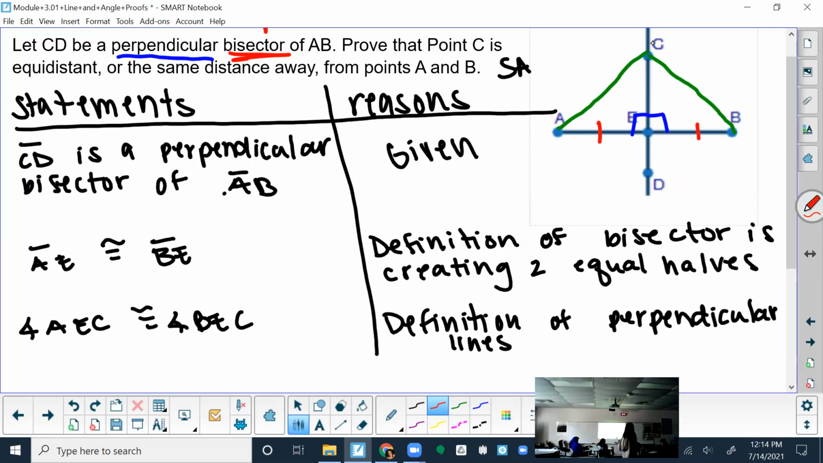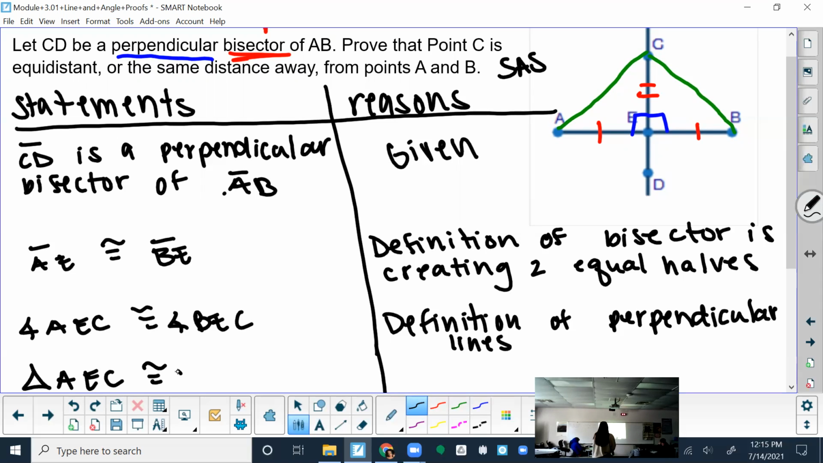What about this side? Does this side match this side? It should, because the same line is drawn through it. So we have one side that's congruent, we have an angle that's congruent, and we have a side on the other side of that that's also congruent. Make sense? So I can say triangle AEC